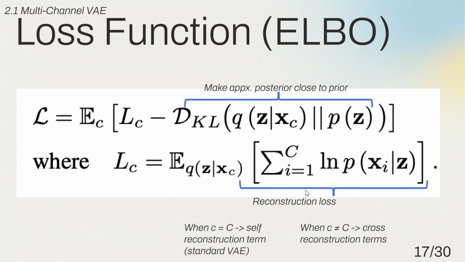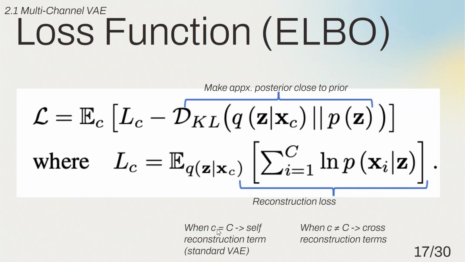So then they'll just accumulate all those different losses in this function here, and that'll go into their overall loss function. So basically, for each input data point, let's say SMRI, they try to construct all the different modality types for that subject. And then they update the model parameters based on the loss of reconstructing that data point to the other modalities. So here in this equation, when the